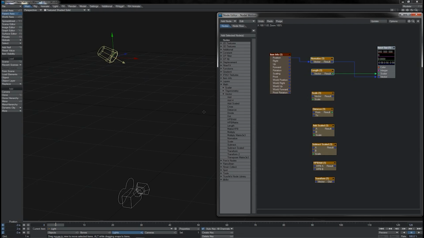The vector is kind of like the hypotenuse, and whereas in Pythagoras a squared plus b squared is equal to c squared, same thing works in 3D. X squared plus y squared plus z squared equals the square of the vector length. So basically that's what your little length node here is doing. X squared plus y squared plus z squared, and take a square root of the result of that,